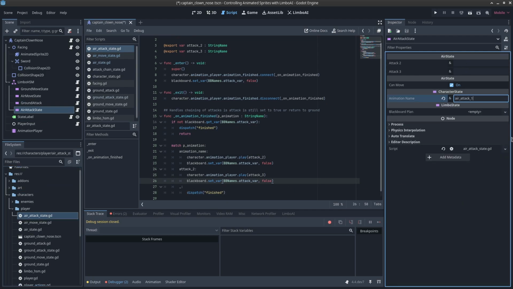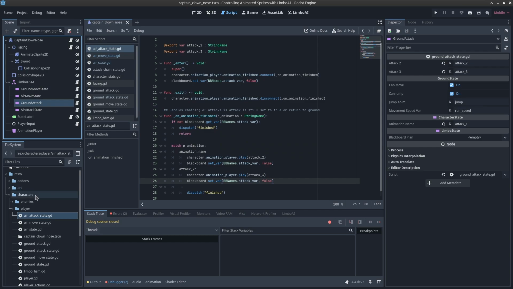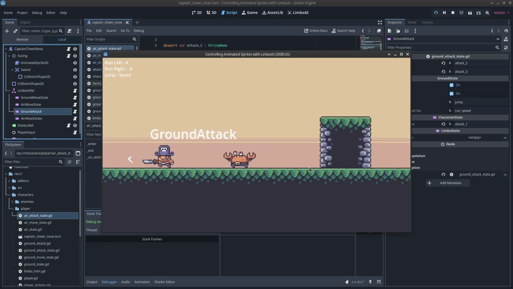So air attack 1 goes in here, air attack 2 goes in here, and the ground attack state is still using ground attack state, which is what we want. And that has all of the ground state variables. So I think if we hit play now, okay, our ground attack's working, our air attack's working, and our air attack can go back to the ground. Okay. Yeah, now everything's working pretty okay there. So that's a pretty clean state transition between these different states. After we add in enemies and such, the character probably needs a hit state and maybe a death state,